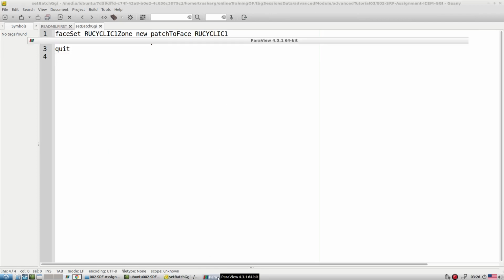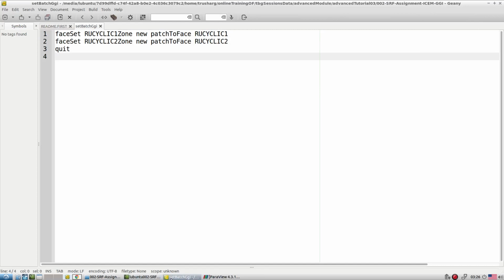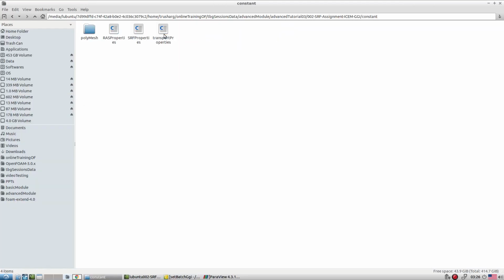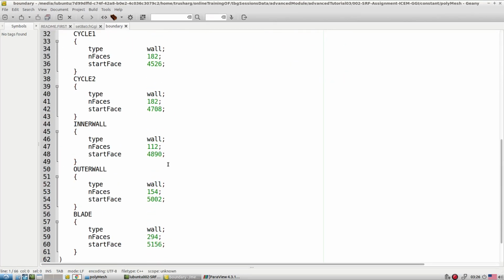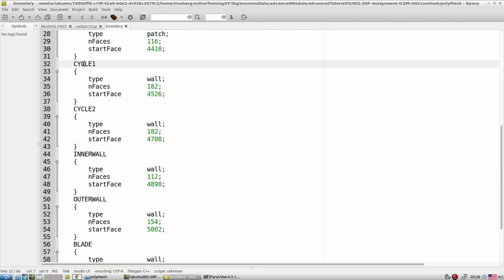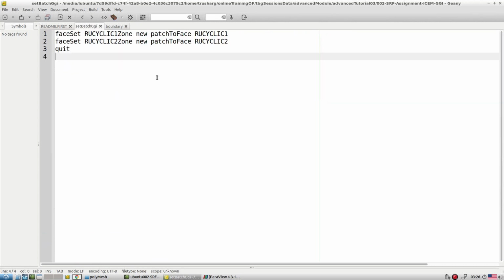So let's read what names we have in the polyMesh files, the boundary file. We have these two names, and based on that we have to construct the new faceSet zone. Let me keep the names here, whatever is available.